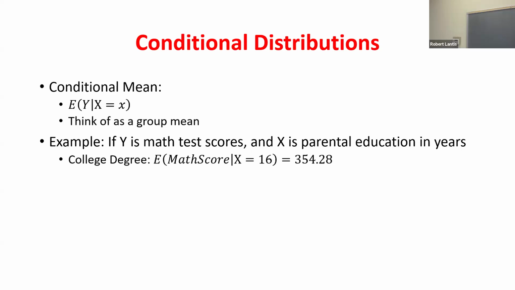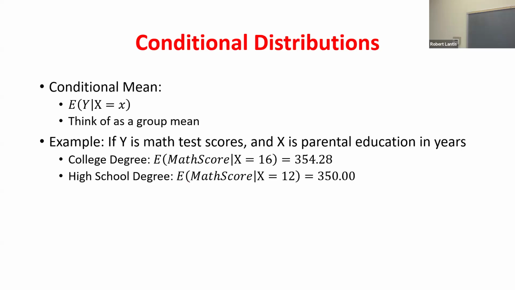So if I'm thinking about math scores, given the student's parents' years of education, I might expect that if their parents have a higher level of education, those students might be doing better, right? Those parents might be having their students a little bit more prepared to go to school, might be helping them more with their homework, et cetera.